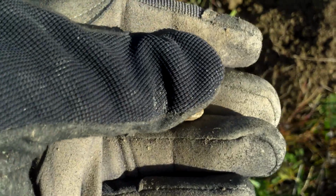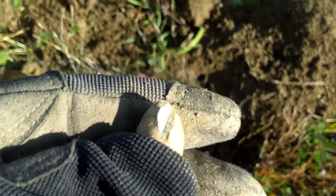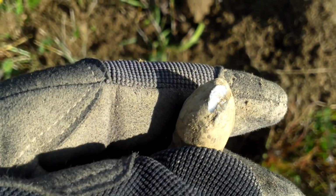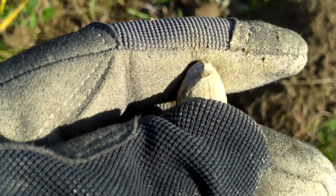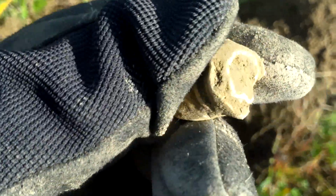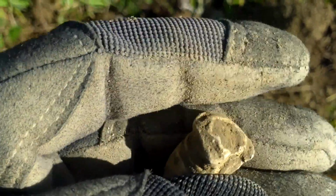Not too far from where I just was. Got me another gardener. This is pretty cool. Although I did ding this one. This is one of the first bullets I think I dinged in this whole field. It was pretty shallow. Thought it was trash. I should have slowed down because the gardeners are in here, and those are the Confederate bullets. But here's one where you can really tell the double flange. I know there's dirt in there, but the flange, if you look at it, this bullet swelled at the bottom,